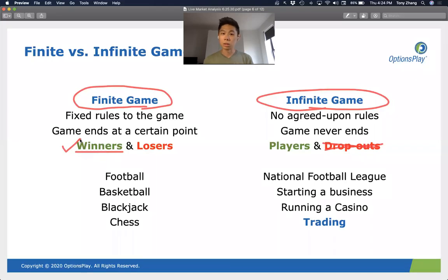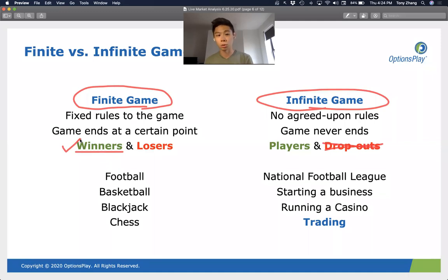But instead, what they do is try to turn that small loser back into a winner, and they take on more risk. They add on risk, hoping to get their losing trade back to a winning trade, thinking that if I do that, I'll be profitable. But in reality, you're losing sight of the bigger picture, which is to make sure that I don't drop out at all costs, not to win. Winning doesn't get you anywhere in terms of trading. Only by focusing on risk management and making sure that you don't blow up your account is the only way to truly, quote unquote, win in trading.